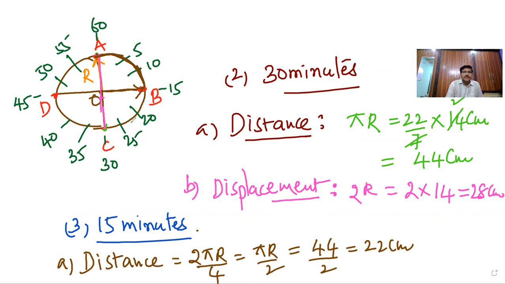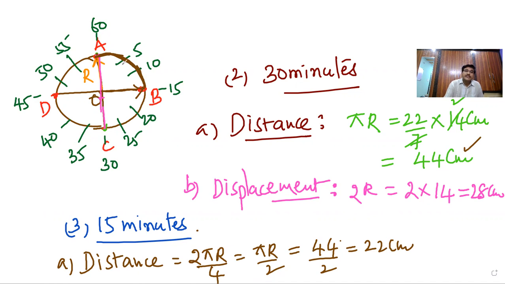Complete circle is 2 pi r. I only require AB, the quarter circle arc length AB. So 2 pi r by 4, one quarter. Pi r by 2, simplify. Pi r we have already calculated, the same thing I am substituting: 44 by 2, 22 centimeters. Now, in the second case, he requires